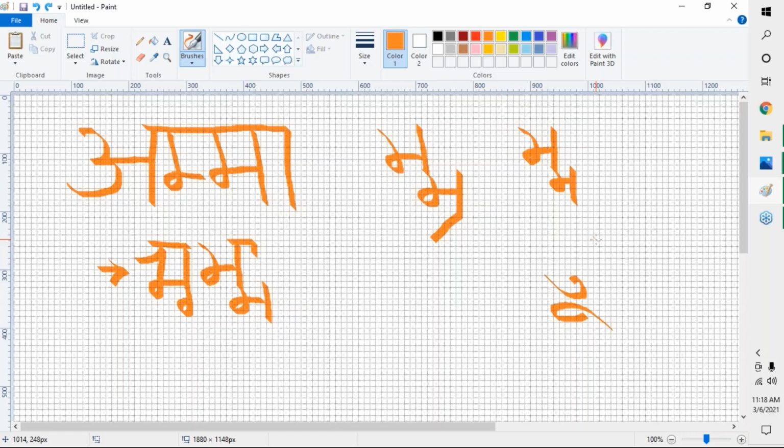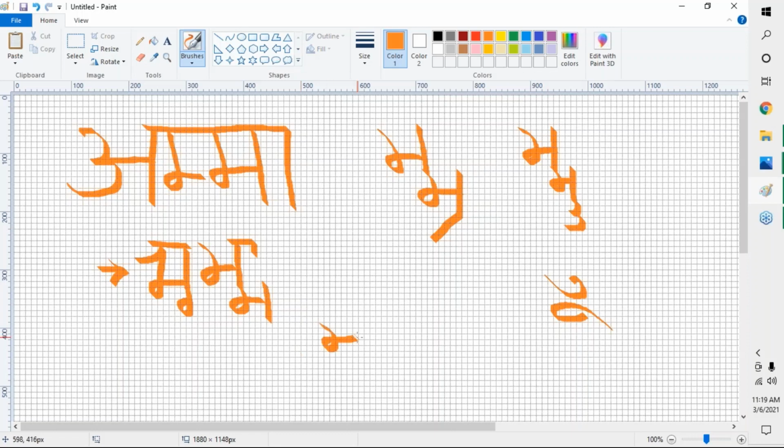It will always come on the above character, because the matra itself is written above. U and U matra are written below, so that will always come on the bottom alphabet. That is the reason we write it so. There can sometimes be 3-4 alphabets, even more than that. What I mean to say is, it can be like this sometimes.